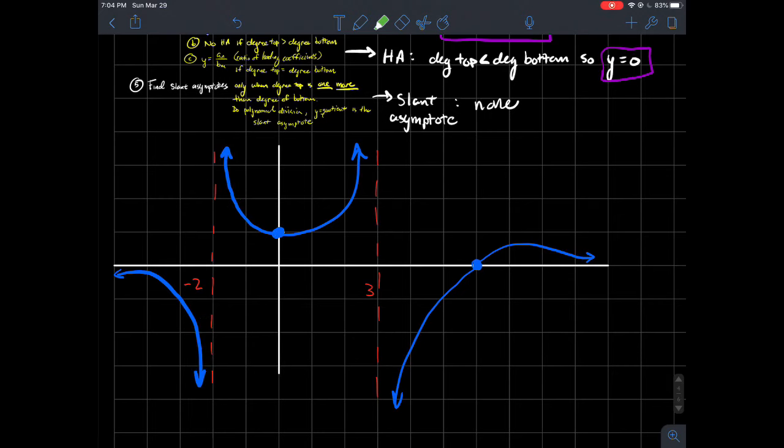What you might do too is pick a point over here, like negative 3 is a good x value, right here, say. If you plug in negative 3, you'd get a negative number. And what that tells me is that the function should shoot down this way and not up this way. Similarly over here, I know that I'm never allowed to go through the x-axis again since it only goes through right there. So that's how I know that it's got to shoot up to the left and shoot up this way. Otherwise, it would shoot down,